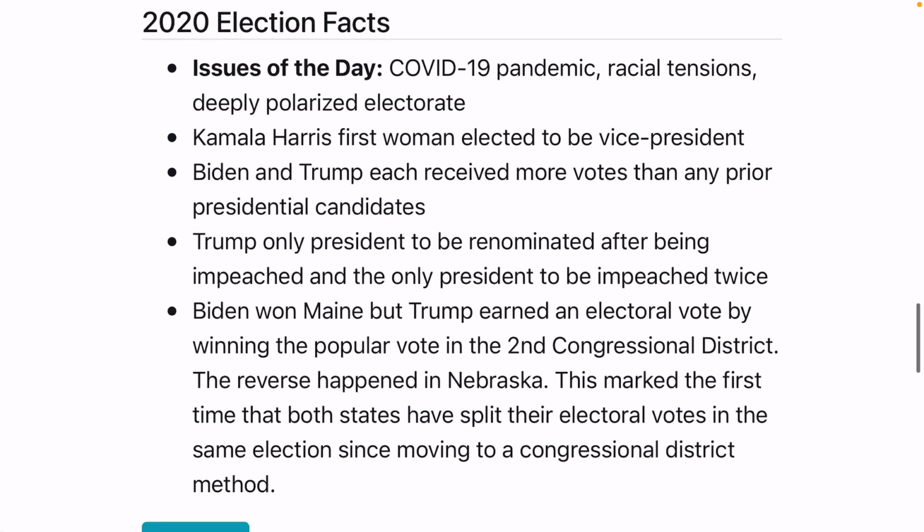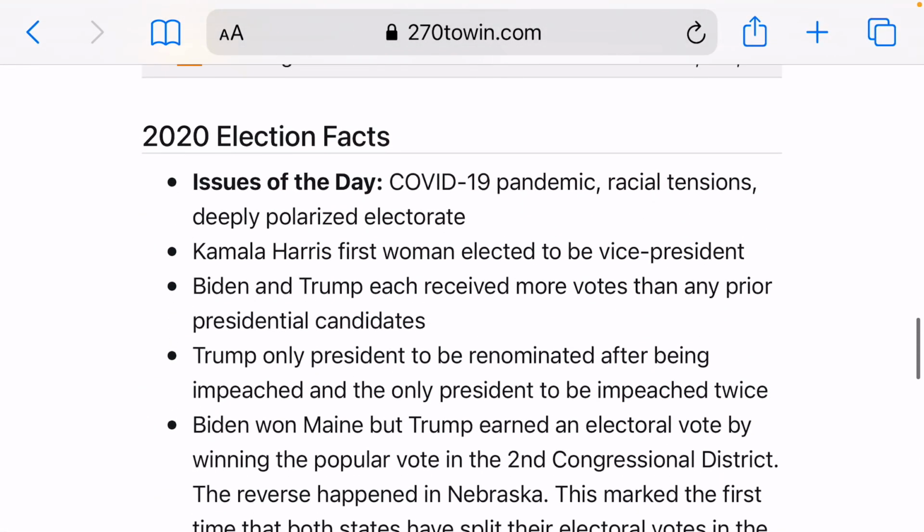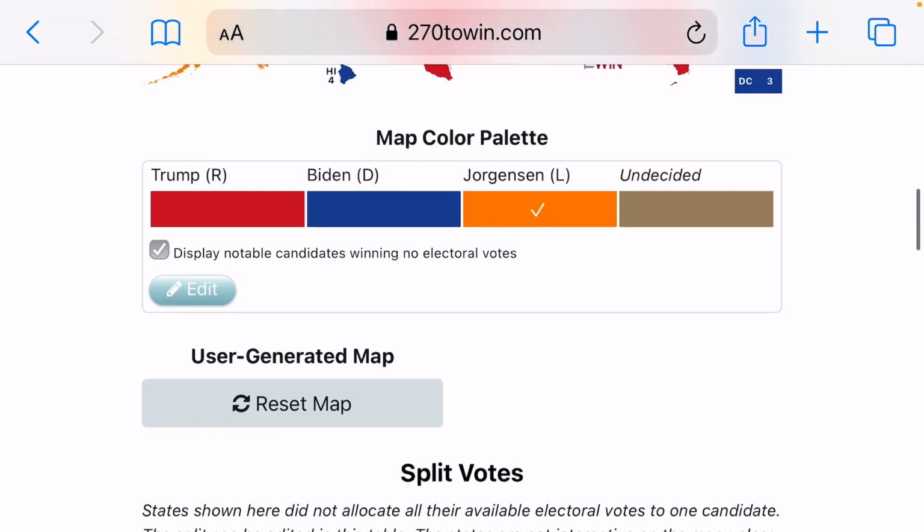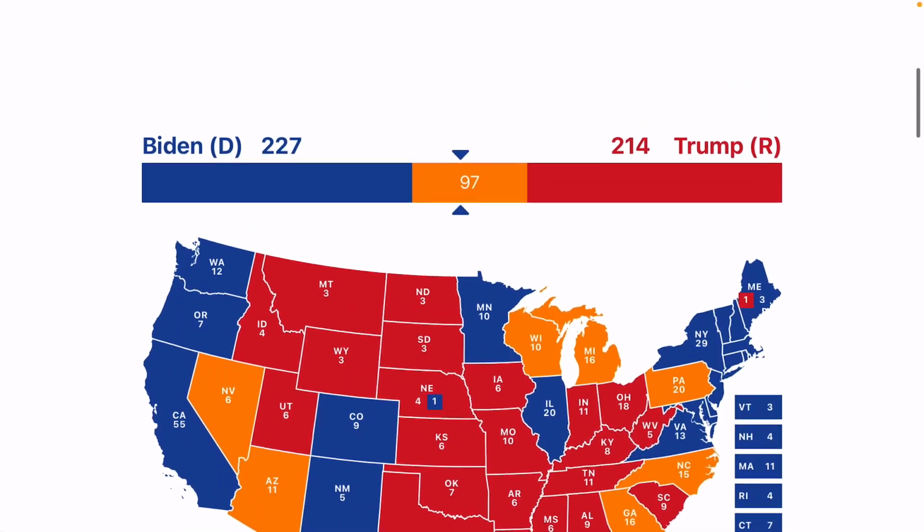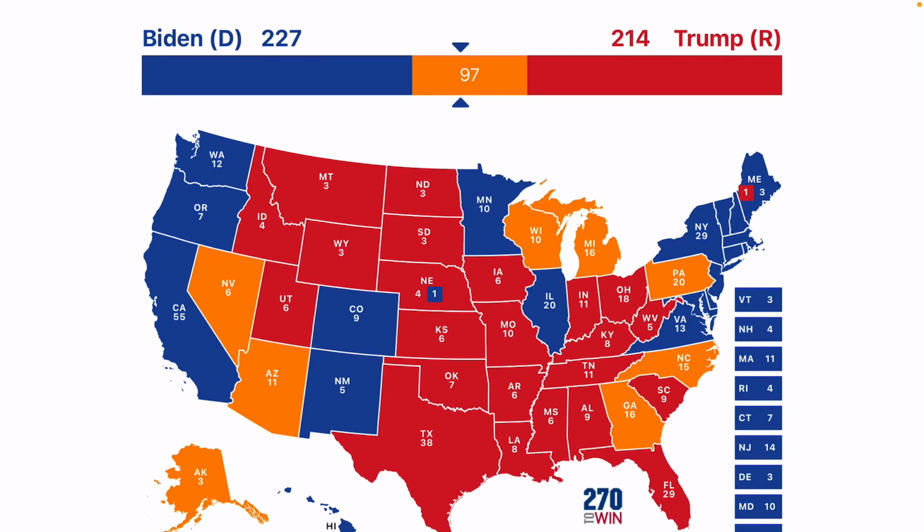And so you have all these issues of the day, COVID-19 pandemic, all of those issues of the day. And as you can see, 270towin.com. It's a situation on election night. And then Maine's 2nd Congressional District did get called for Trump, and Nebraska's 2nd Congressional District did get called for Biden early in the morning on November 4th, 2020. So then the situation, morning of November 4th, 2020, was Biden with 227 electoral votes to Donald Trump's 214 electoral